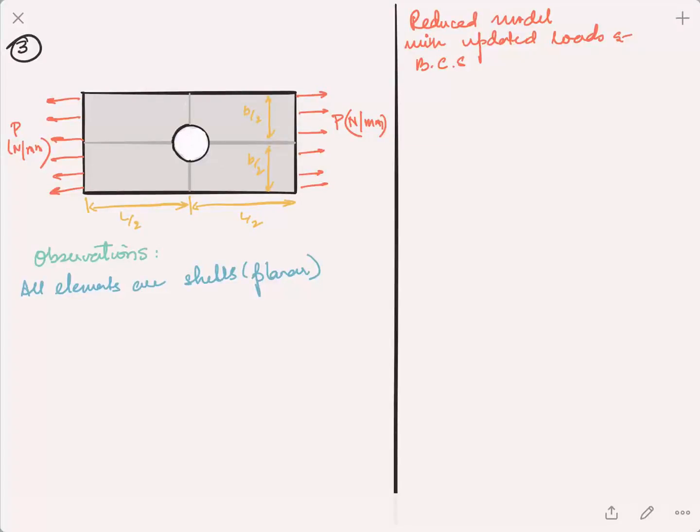The third example for symmetry is a really interesting one, and we will be using this problem later on. So it's good to already learn some things or some characteristics about this model. Now what we are looking at is a plate with a hole. It's a very common structural member that you will see time and again during your courses at aerospace or at